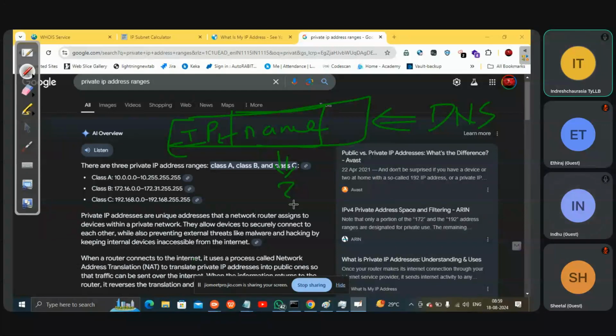There are hundreds of websites, hundreds of things over the internet. Over the day, are you able to remember everything? If I talk about the internet, are you able to remember Google's IP address? Google has 4 IP addresses. Are you able to remember all 4 IPv4 addresses of Google? No. So what will you do?